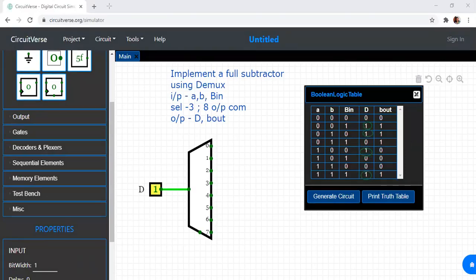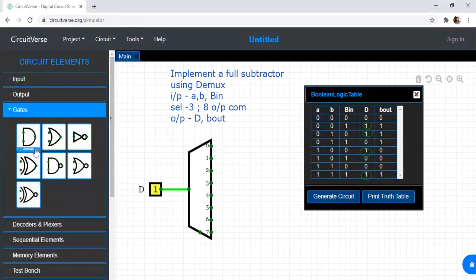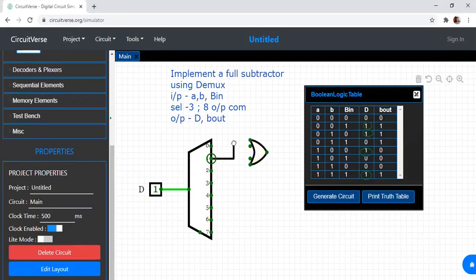So let us combine all those things and give it to an OR gate. If you combine all those things and give it to an OR gate, I'll get a D. So I have an OR gate over here. Four values are there, so input size is 4. The first input goes as M1. Second one is M2.